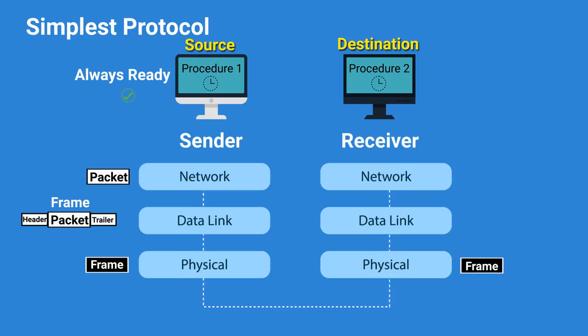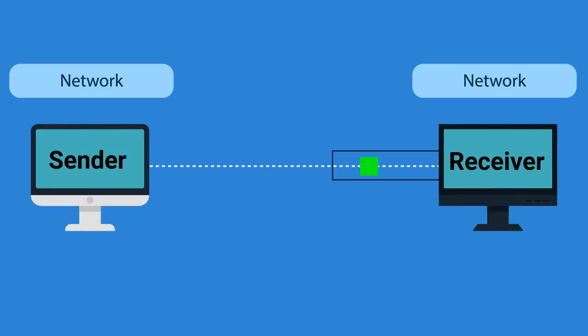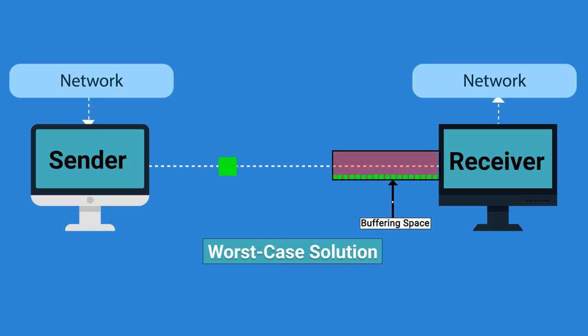The receiver algorithm has the same format as the sender algorithm, except that the direction of the frames and data is upward. It takes data from the physical layer, extracts the data, and finally delivers it to the network layer. If data frames arrive at the receiver side faster than they can be accepted, the frames must be stored until their use. For this reason, the receiver must have sufficient buffering space and processing abilities. However, this is a worst-case solution, because it needs dedicated hardware all the time, even if the utilization of the link is mostly low. An excellent solution to this problem is to have the receiver provide feedback to the sender.